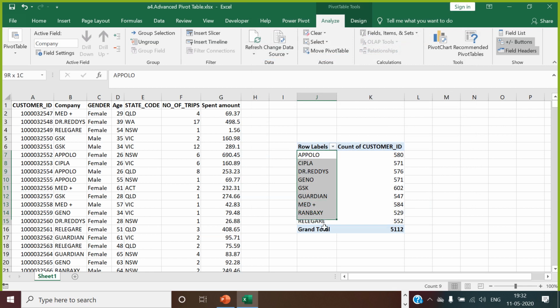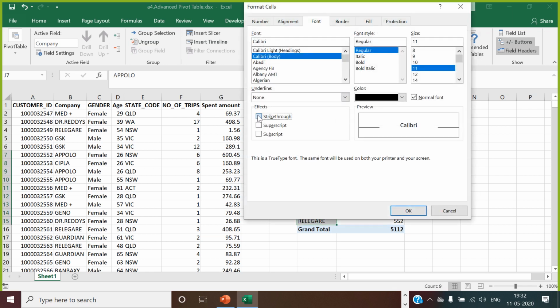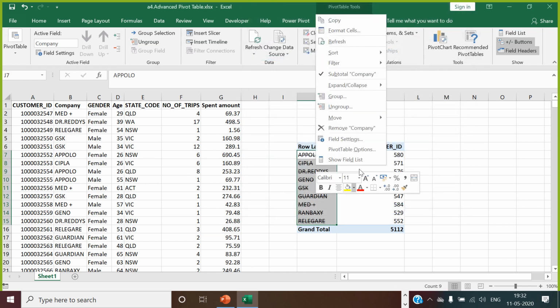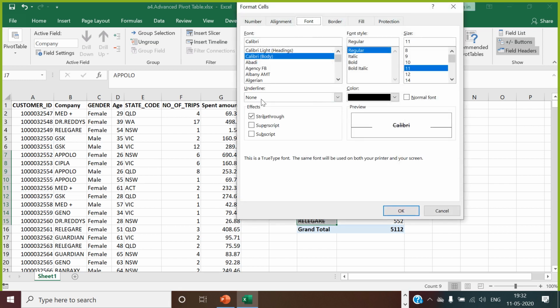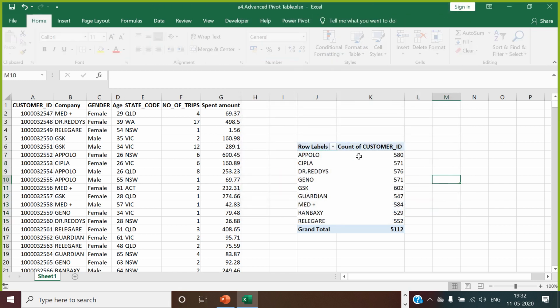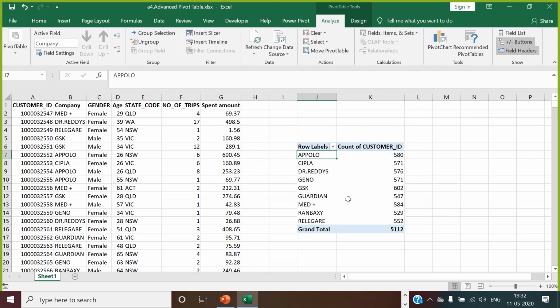If you select all of this, right click and do a format cell, go to font and make it strike through. It's going to strike through everything you have selected here. Okay guys, sometimes they might ask you, or you may get this question, what is called strike through? Don't feel like some abstract question has been asked to you. Strike through means when you have a text and you want to make a line on that, that is called strike through.